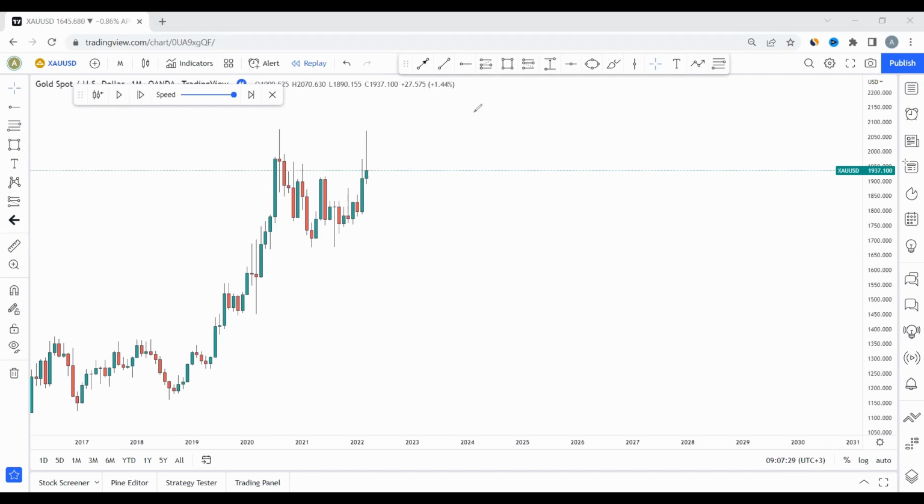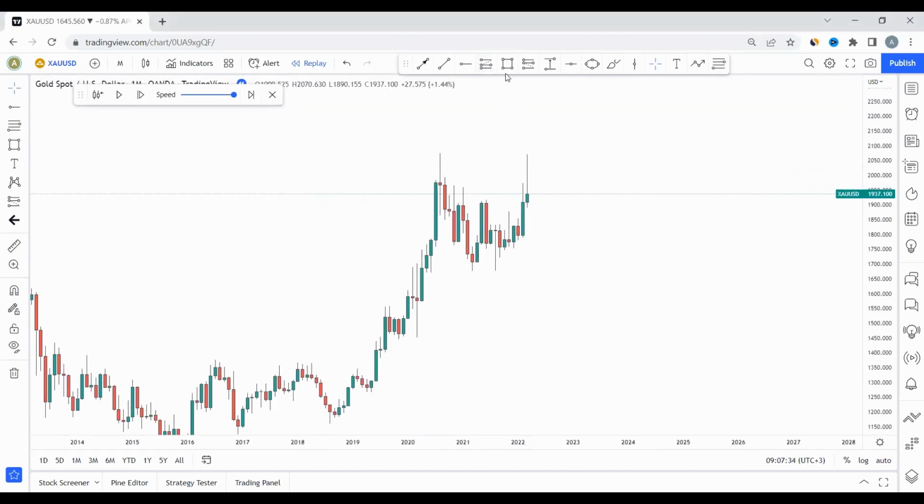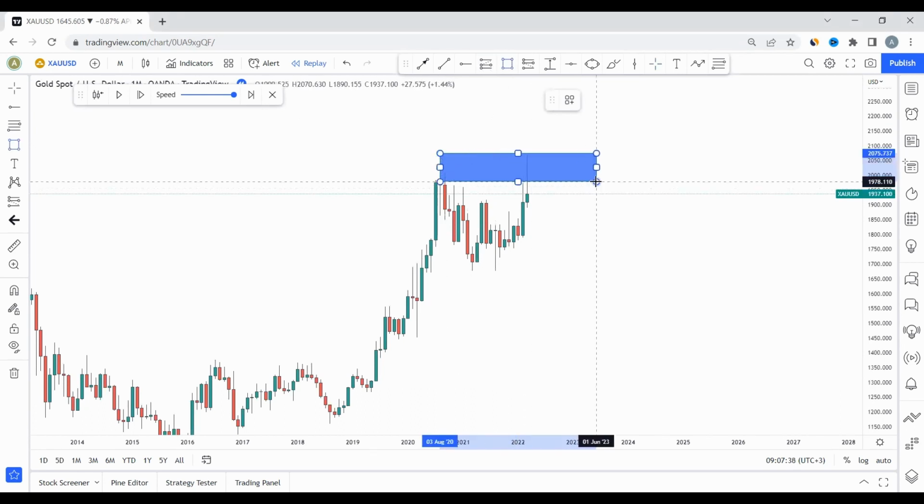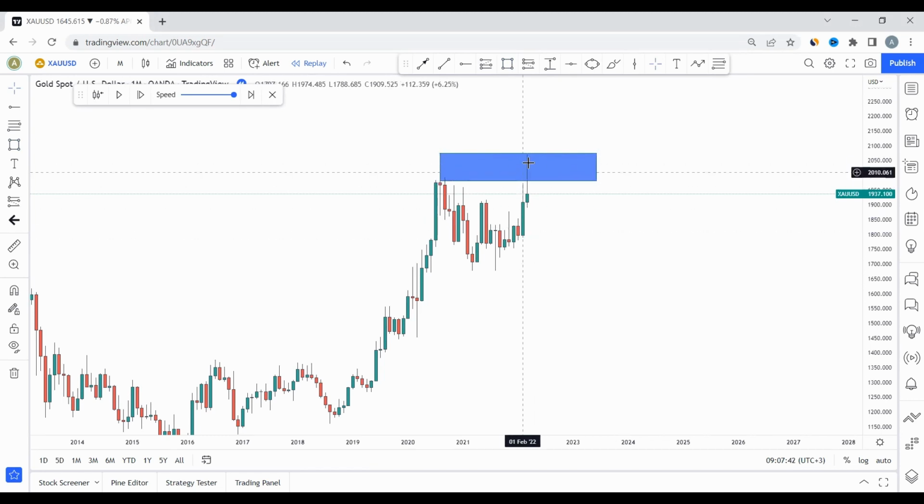So now, starting from monthly, what we observe is that the market has hit a double top here, right? Now, when the market hits these equal highs here, that's a communication to us, plus this rejection is a communication to us that there are higher chances that we are going to go down, right? But now there's a threat that we do have. And what threat is that? The threat that we do have is this point here. We are not going to be thinking about selling gold unless this level here is broken, this turning point here. When this turning point is broken, we know that our next threat is this turning point here. So it's exactly what we are going to be following.